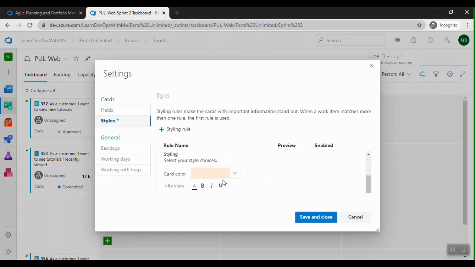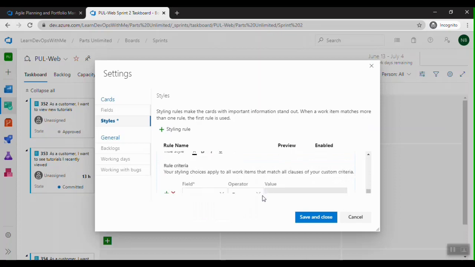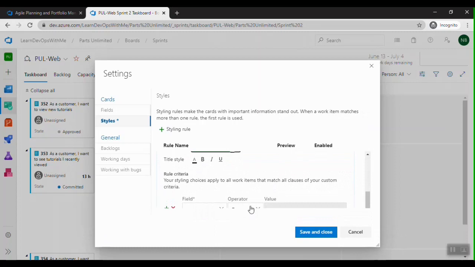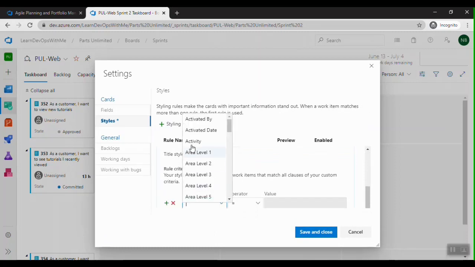Then let me choose the color option, maybe green, and I can say show the card as green when the activity has the task type, right?